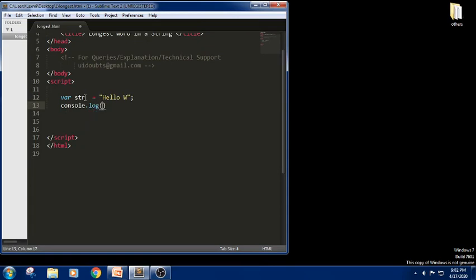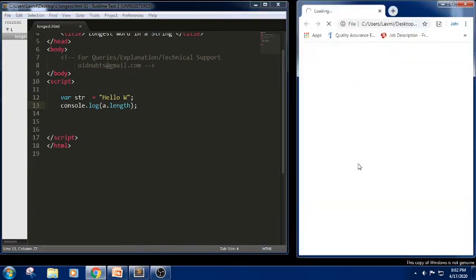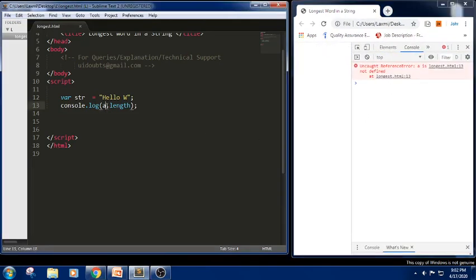We have a predefined property called length, which is used to calculate the length of a particular string. For example, a.length I have written like this. So it will display the length of this particular string. In this I have included a space, so it will include the space value also. Let us see now. What is the error we got? Yes, we have taken str here. So control S. We are referring to a variable which has not been defined. Now what will be the output of the snippet? It will be 7, as it includes the white space.